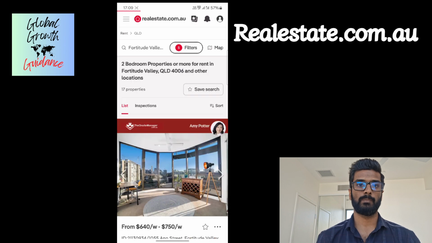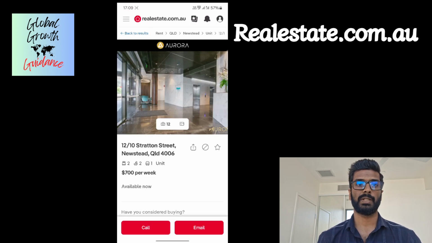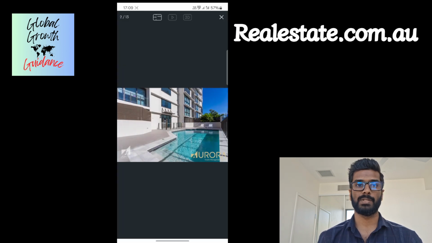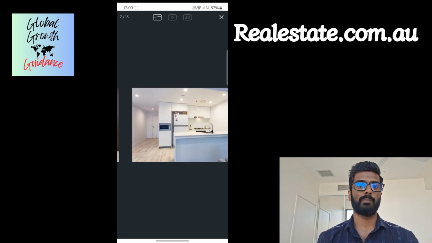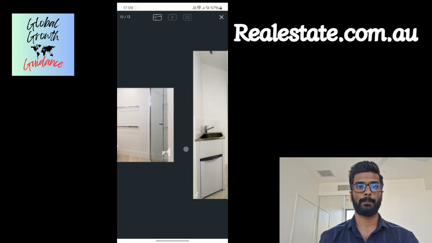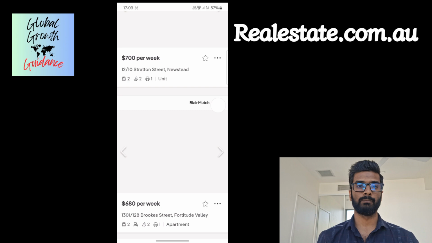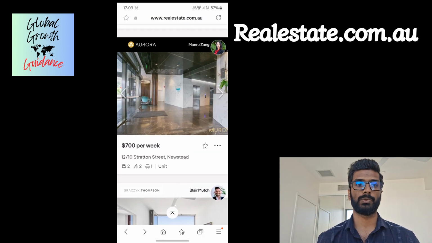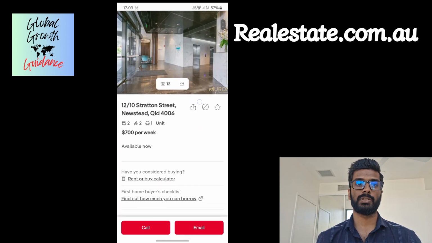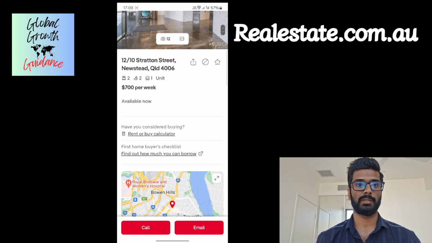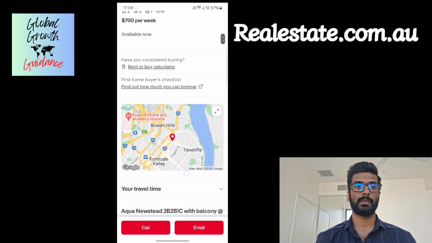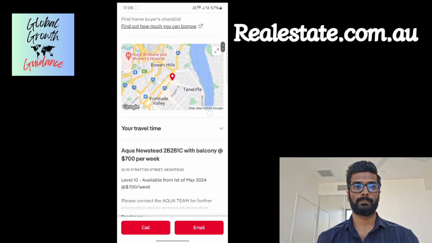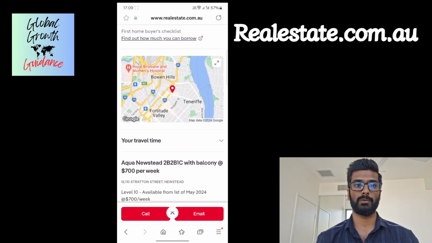Once we click on that particular listing, here we can see the images as well. And once we are happy with the photos, we can browse through for more details. So here the rent is 700 per week, which is in our budget. It will show us the location in the map, its exact location,